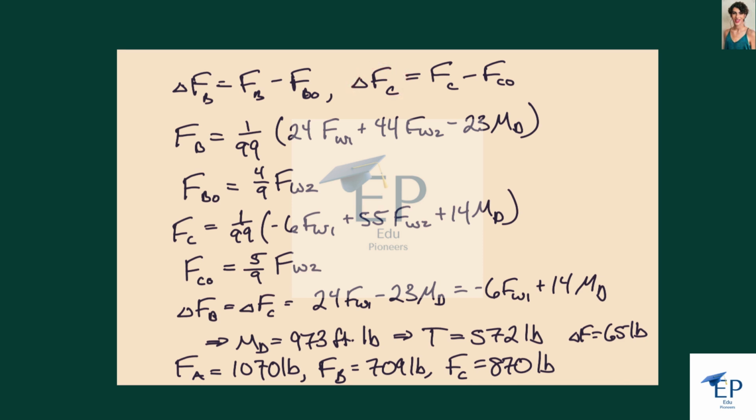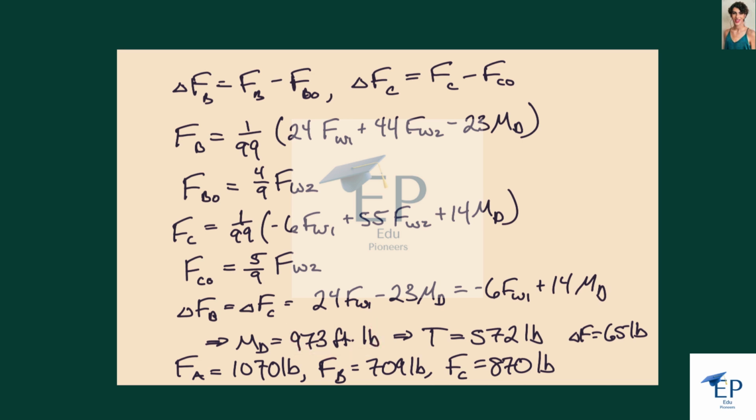And what we can do is set delta FB equal to delta FC. If we multiply through by this 99, we get 24 times half the weight of the trailer, minus 32 times the moment at the hitch, equals minus 6 times half the weight of the trailer, plus 14 times the moment at the hitch. And so we know half the weight of the trailer, and so we can find MD,